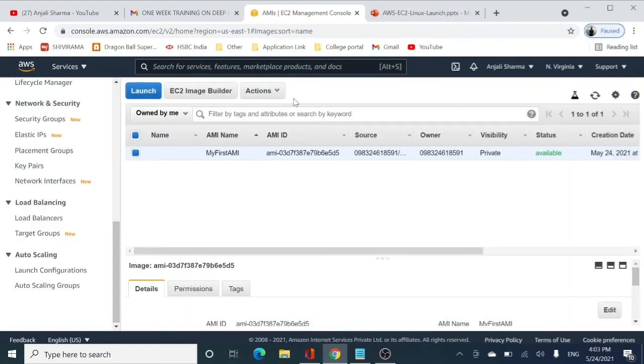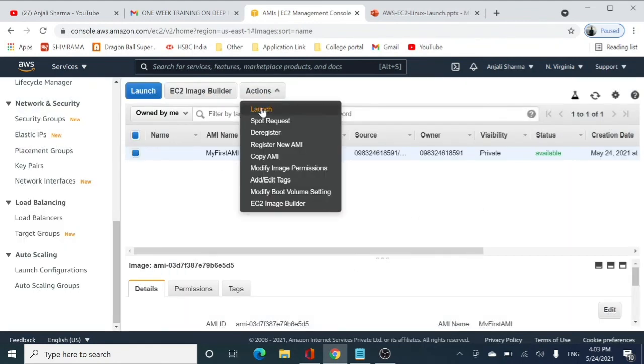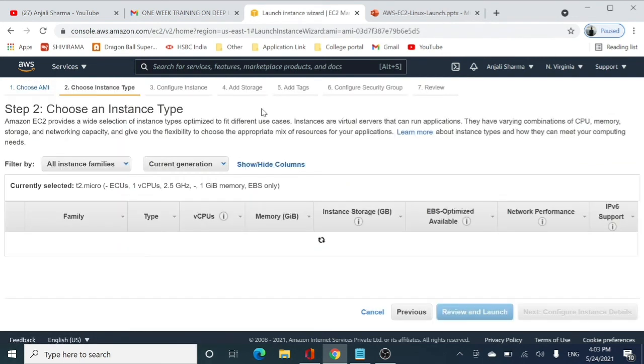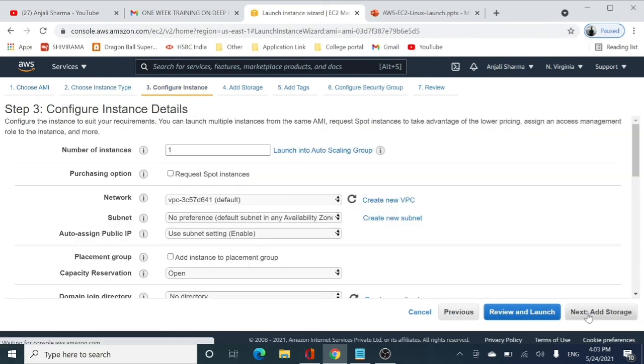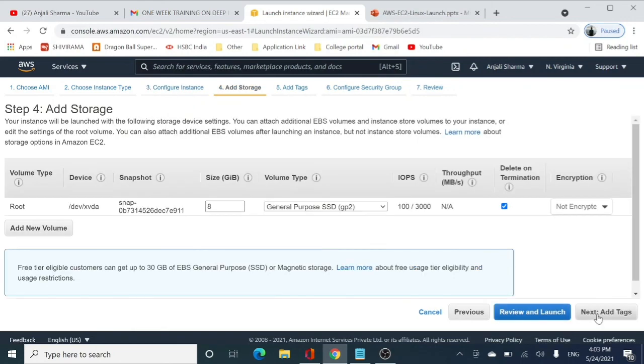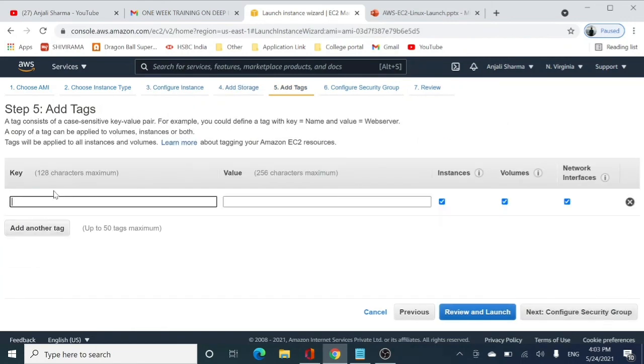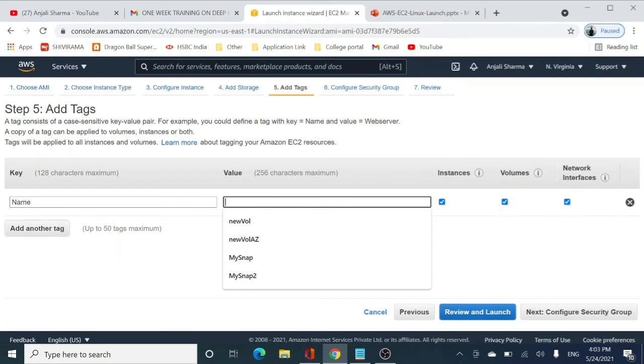The next thing that we will be looking at is launching an EC2 instance with the help of our AMI, right? So of course the type will be t2.micro. Configure instance details, let it be default. Add storage, I do not require any new storage. Tag, yes, I'm going to name it so that I can distinguish it from my previous EC2 instance. And this will be new EC2 via AMI, right? So this one is created with the help of AMI.